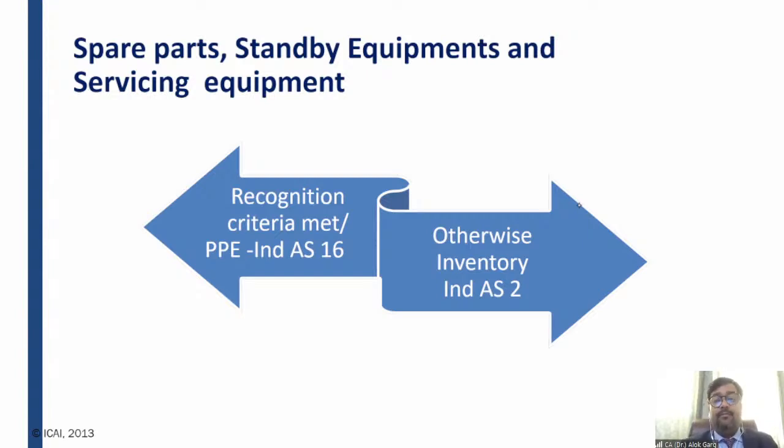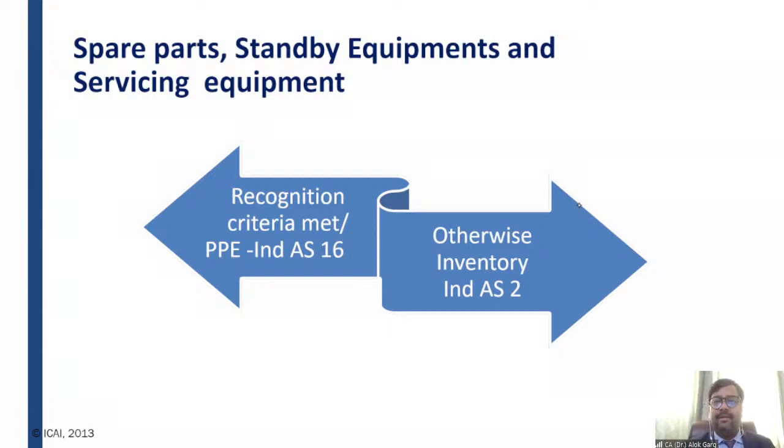But whether it is expected to be used for more than 1 year, more than one period. For example, a company which is purchasing a car is also buying an air filter, oil filter, diesel filter, right? So what is the life of these filters? The life of these filters is 6 months, 9 months, 8 months, right? So whenever you go to the service, of course, you need to replace these kinds of air filter, oil filter. Very small items, right? Greasing oil, very small item. So first you need to see whether it is meeting the definition of PPE.